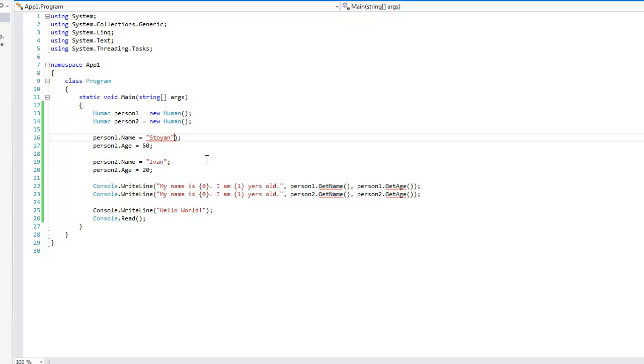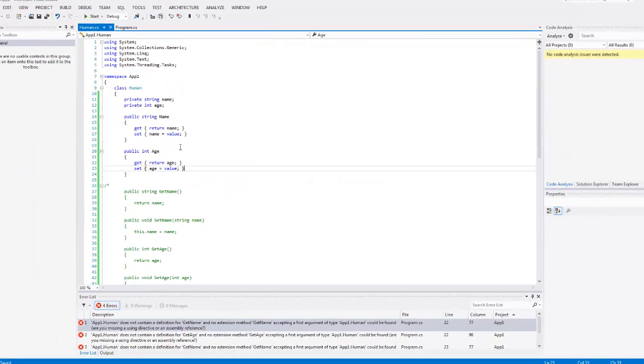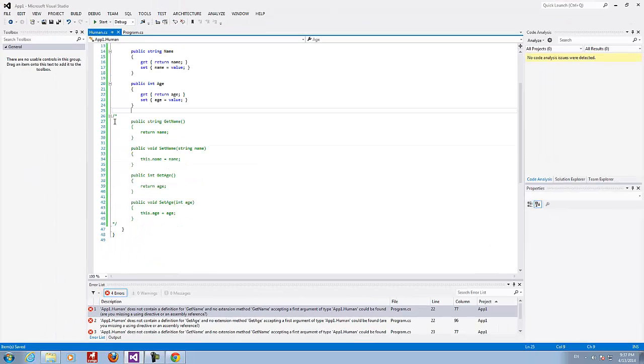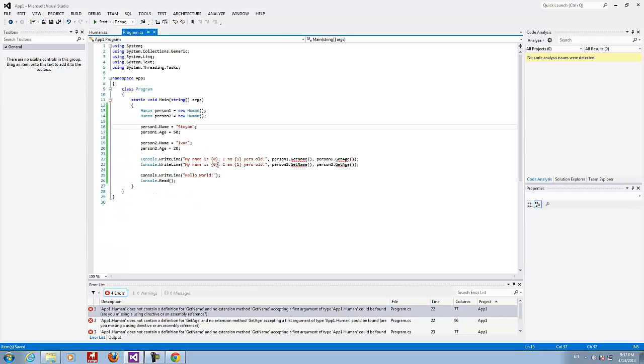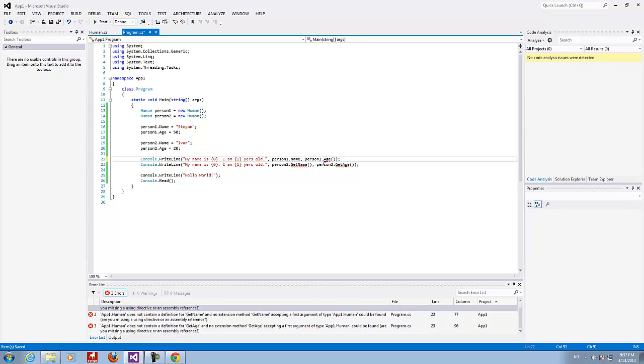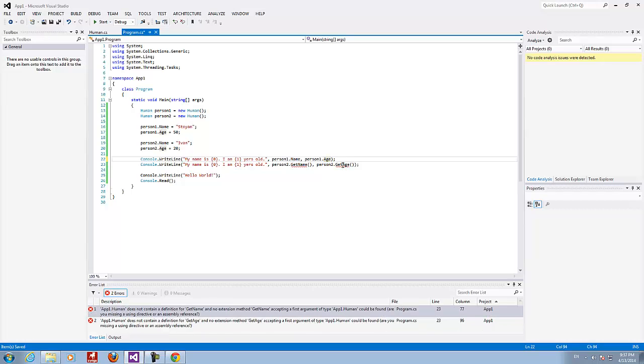Even though there is such a syntax construction in C#, you still can use the alternative and represent the properties with a pair of methods, getters and setters, accessory methods. Okay, here name and age. The same here for the person number 2, name and age.